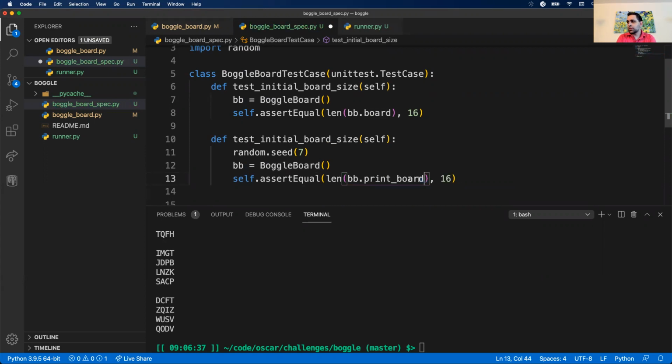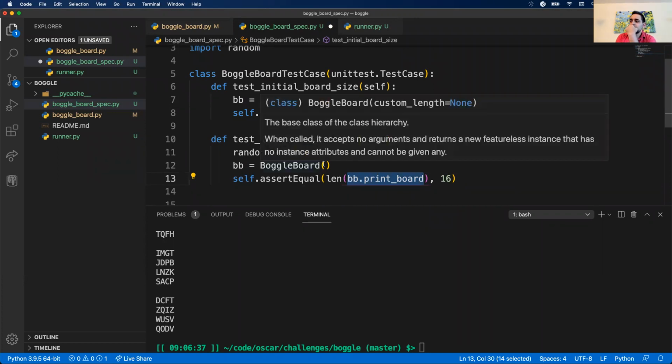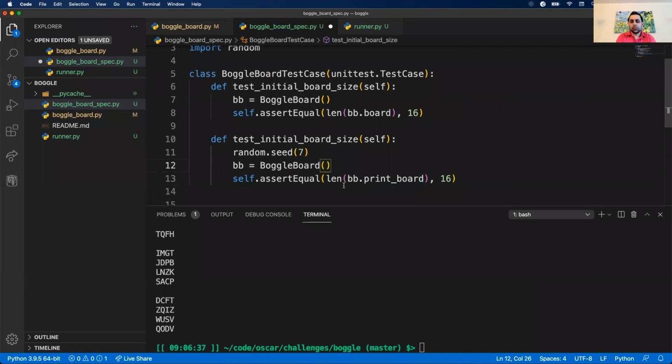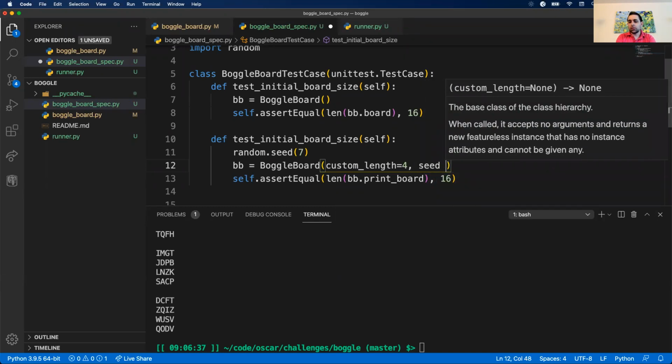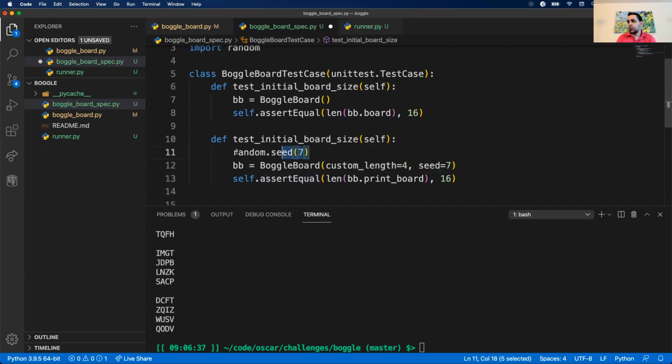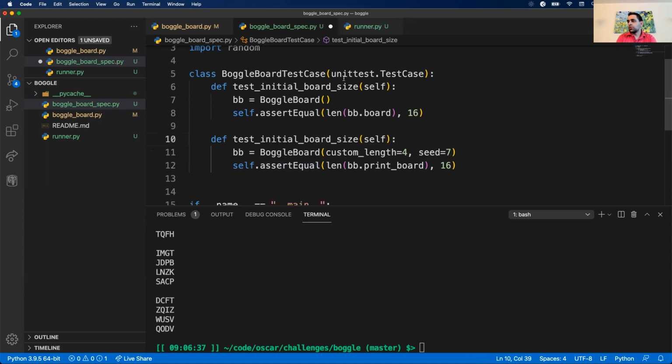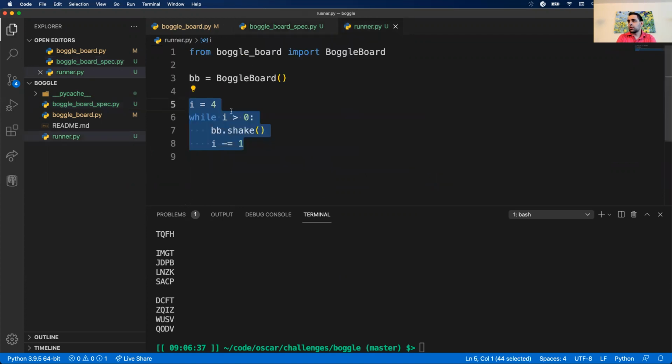Let's see what that spits out. Sorry, give me a moment here. So custom length, let's just make that 4. Let's say seed equals 7. Will that work here? No, because